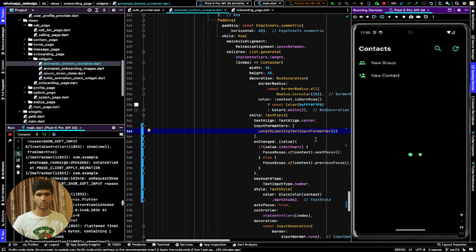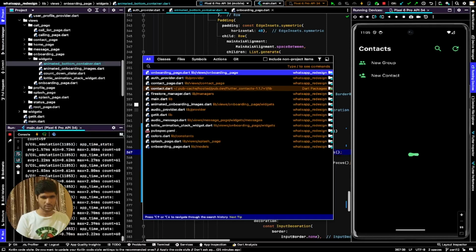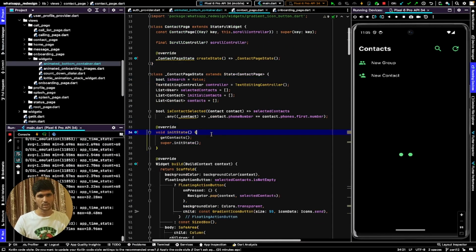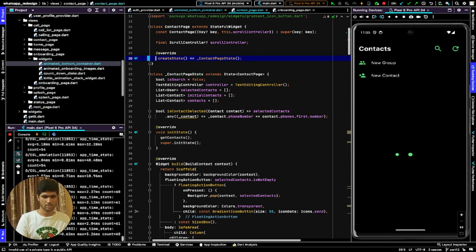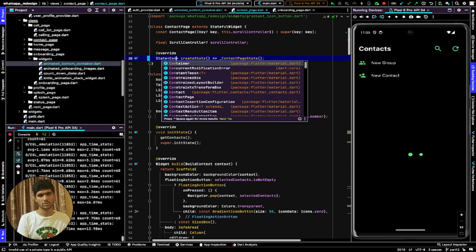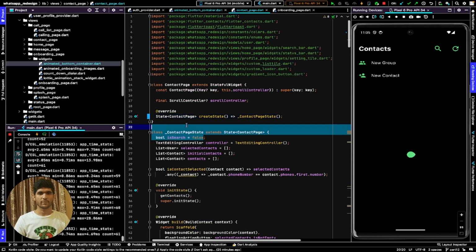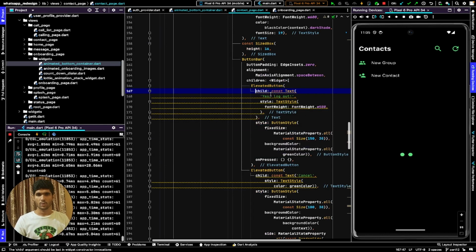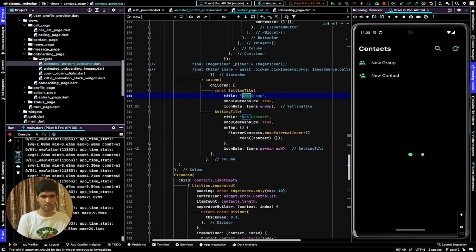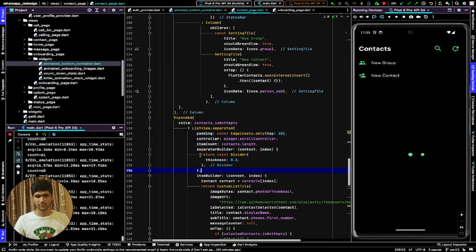So let's just do that part. This screen is our contact list screen that we have. Let me open up and go to the contact page. Here, first things first, I'll change this to state contact page. In the latest Flutter version, the method of writing this class has changed a bit, so I have changed that as well. Then what we have here is a new group, this column and this list view builder,